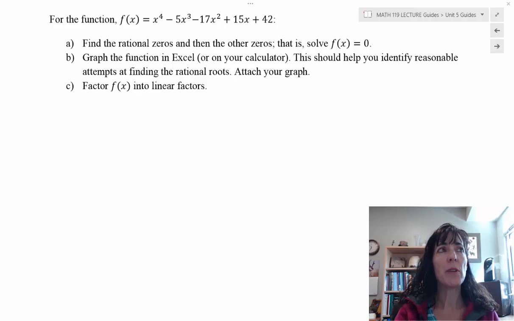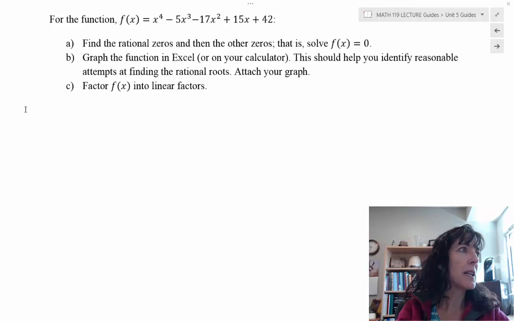For the function f of x equals x to the fourth minus 5x cubed minus 17x squared plus 15x plus 42, find the rational zeros and then the other zeros. That is, solve the function set to 0. So to begin,